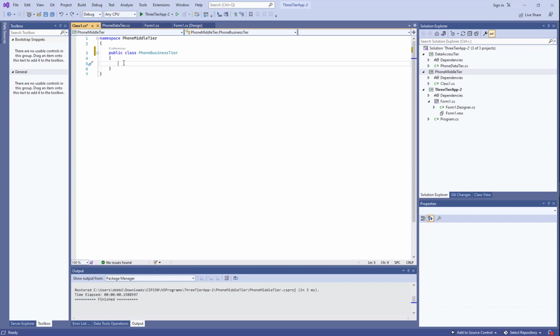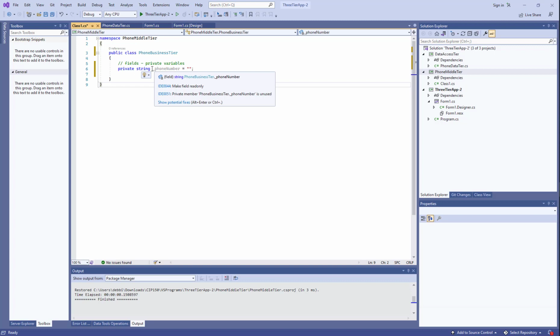So normally if you were collecting customer data such as last name, first name, address, email, phone, you would be creating fields and properties for each of those items. So the only thing we're collecting is the phone number. So I'm going to create some private fields. That's what a field is. It's the private variable that holds the data of the object. So my private field variable is kind of accustomed to precede that with an underscore. It's a readability thing. The public's going to get the data from the properties of the class using getters and setters. In C#, what you're going to do is you're going to create